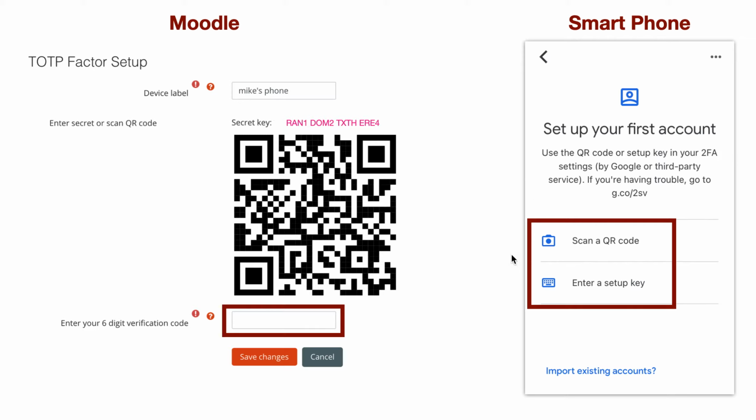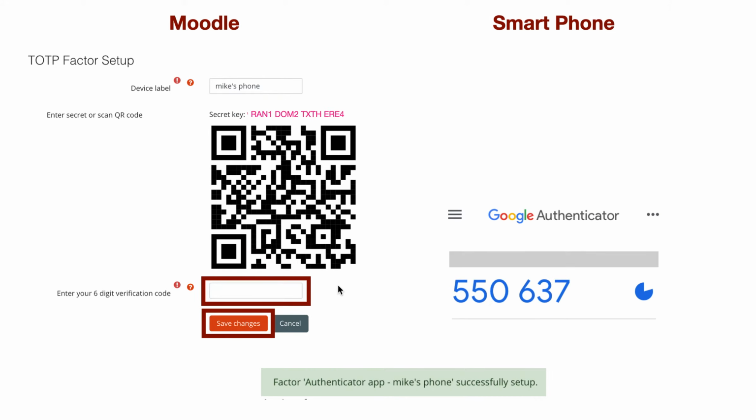On your smartphone, you can either tap the button saying scan a QR code, and then scan the code that is on your Moodle screen, or indeed you can tap on enter a setup key, and in the next window you type in the secret key, which is displayed just above the QR code. Whichever way, once you've done that, scan the QR code or enter the setup key, the authenticator will give you a six-figure code, as you see here,